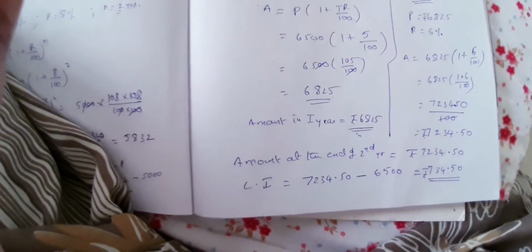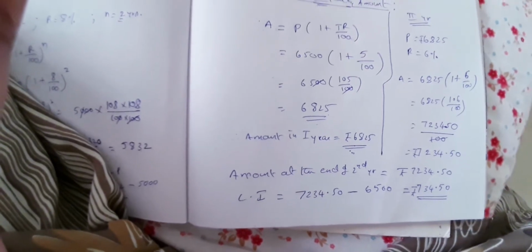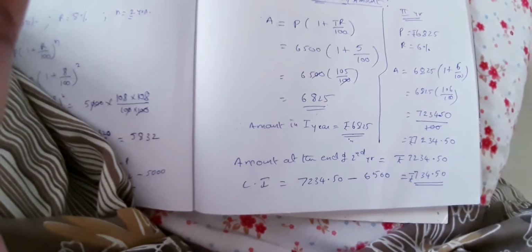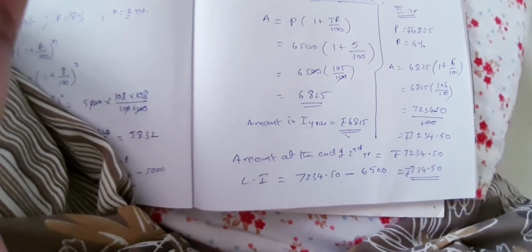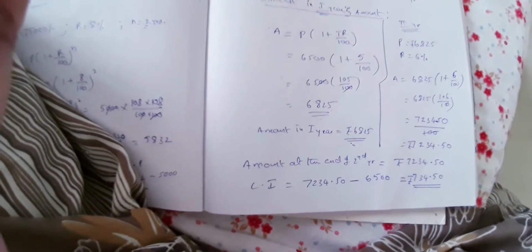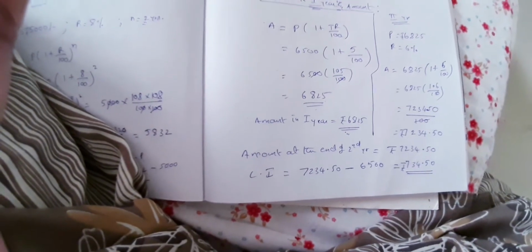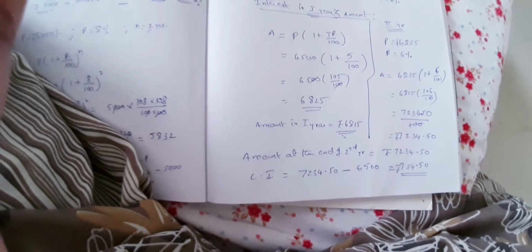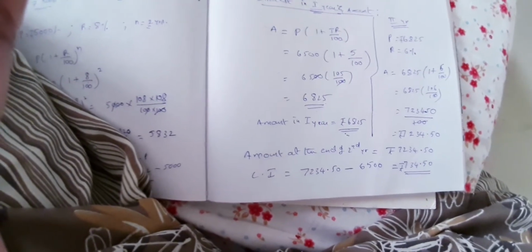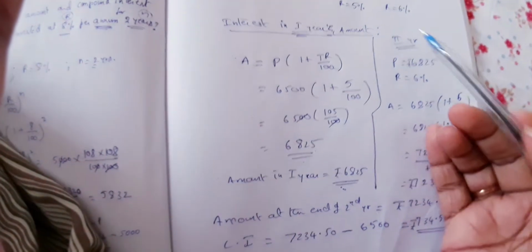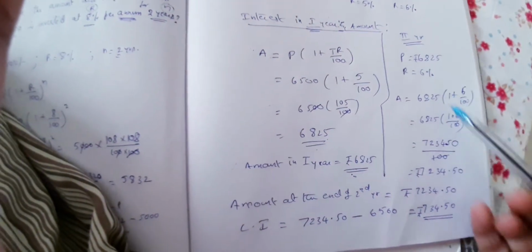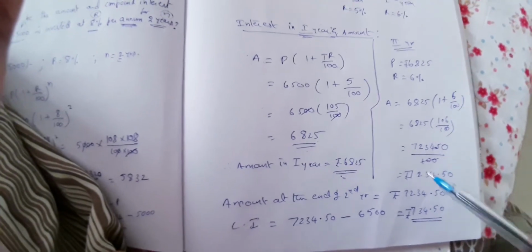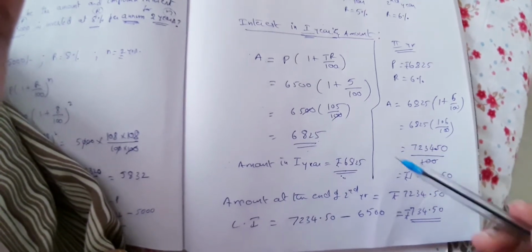Is that clear? So what is the difference that you find in this problem? It is a compound interest problem only, if you look at it directly. But how is it compounded? Every year there is one particular rate. That means when it is given as compound interest, you have to change the principal for the next year. In the first year, the simple interest is added to the principal. The net amount becomes the principal for the second year. And if a third year is also given, the total amount at the end of the second year will become the principal for the third year. So that is the meaning of being compounded here.